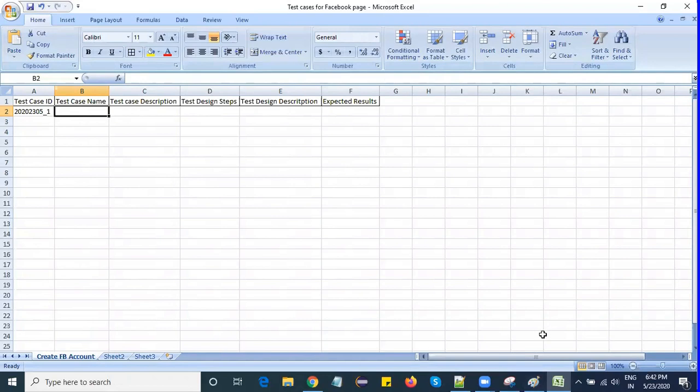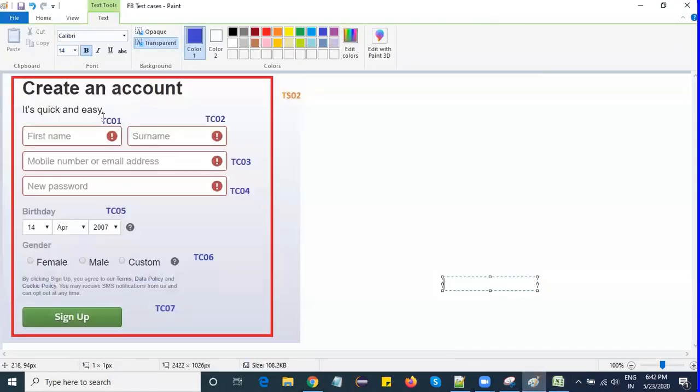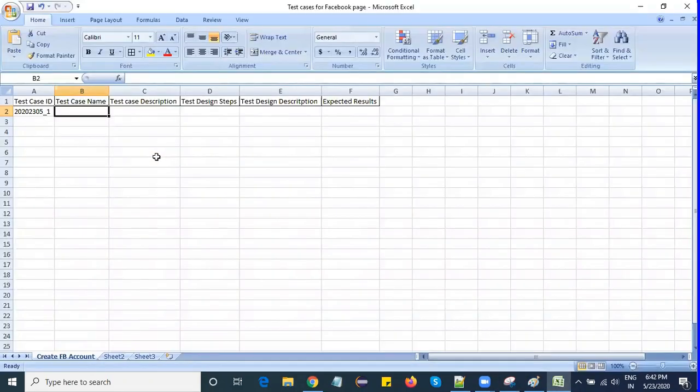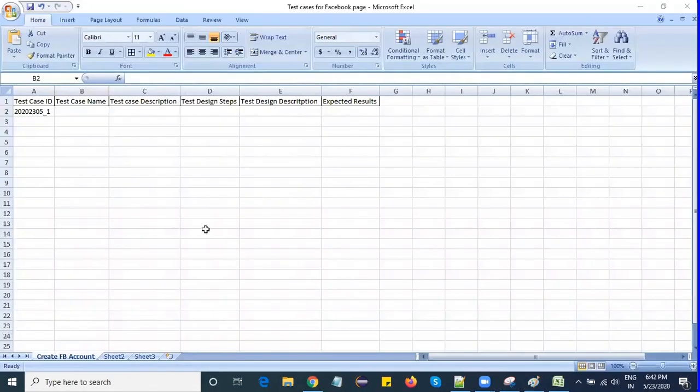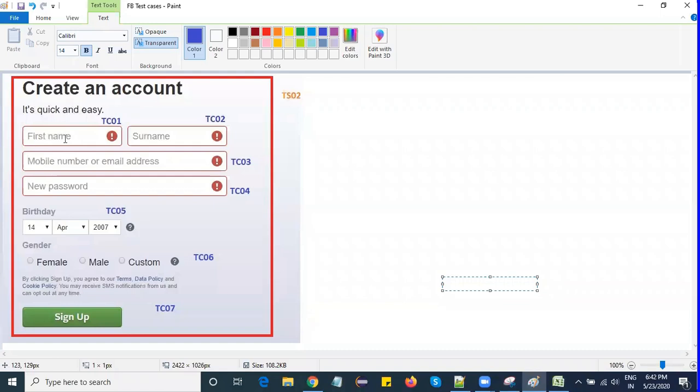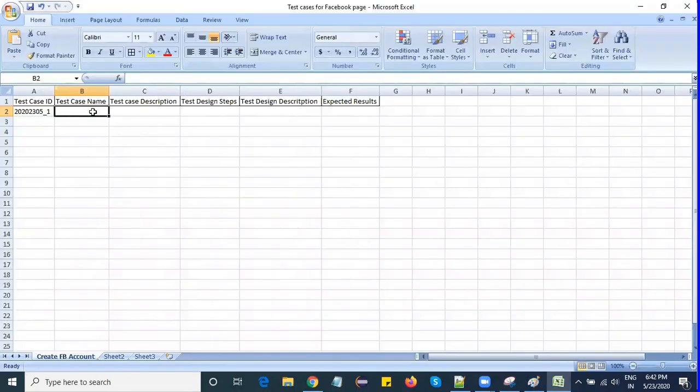What is the test case name here? What is the test case I'm writing here? I write a test case for first name, right? So it is like an abstract, just giving a description of the test case I'm going to write here. So this is the first test case which deals with the first name, right? This scenario contains different numbers of test cases. First test case is written for first name. So my test case one.